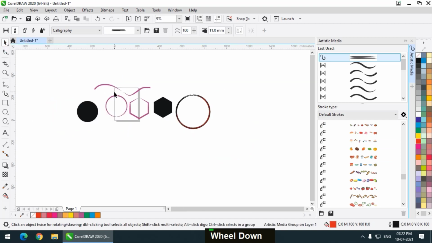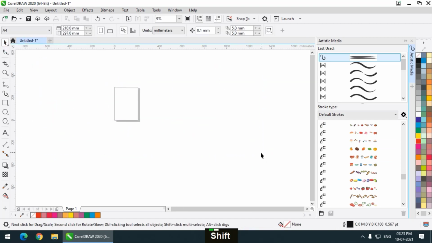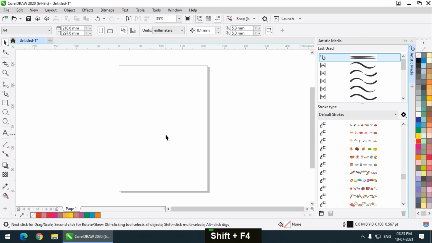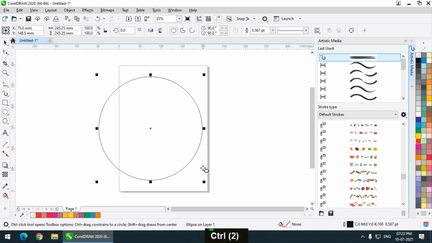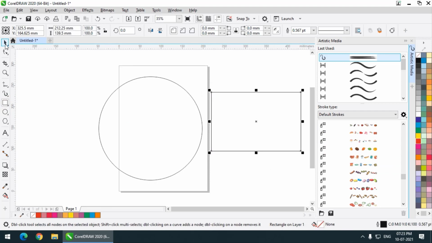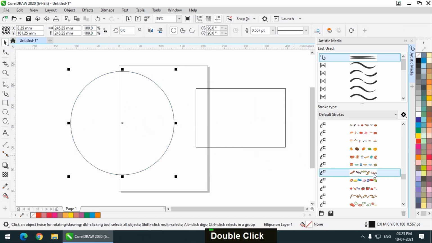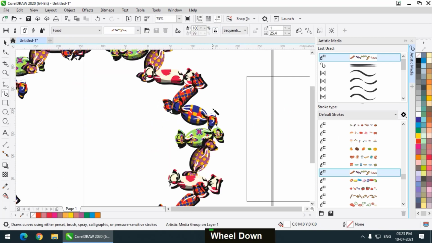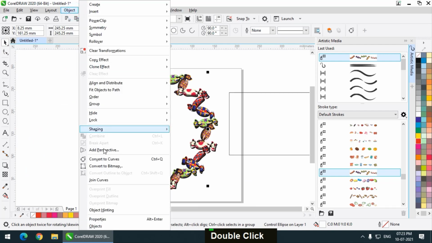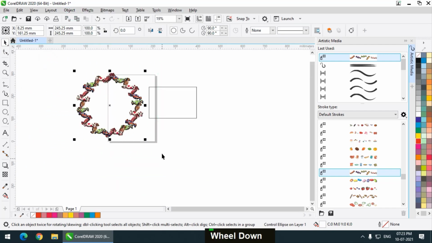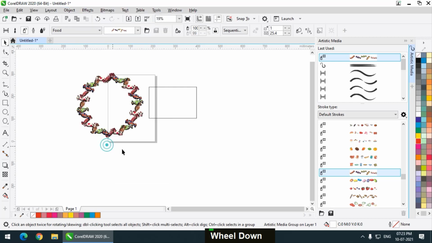So we will go through some of them, because if we go through all of them, it will take hours to cover all of them. So again, I will draw a rectangle, or sorry, a circle. Even though you can draw a rectangle. If I choose this particular option, these are candies or chocolates with wrappers. Now if you want to separate all these options, first you have to break them apart. I will select them first, entirely select, break artistic media group apart.